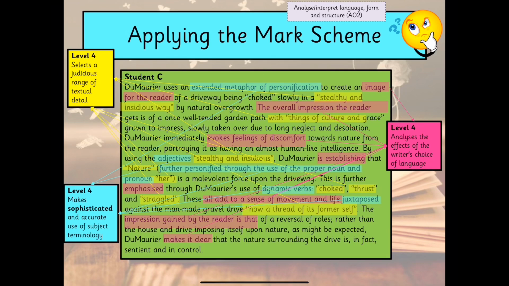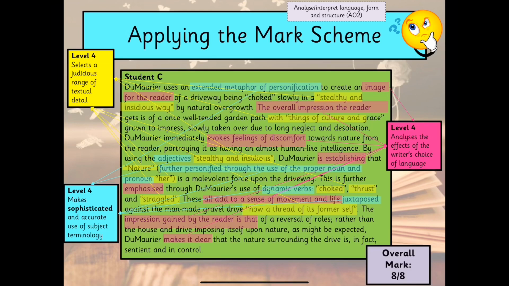So things like extended metaphor, personification, adjectives, pronoun, proper noun, dynamic verb, juxtaposition. They've got lots and lots in there. And this is a student who clearly knows their stuff. It's sophisticated and it's highly accurate use of subject terminology. So it will not surprise you, or hopefully won't surprise you, to know that this student would have achieved 8